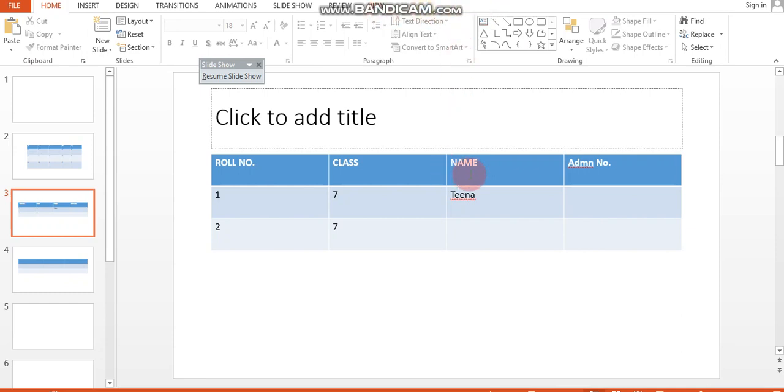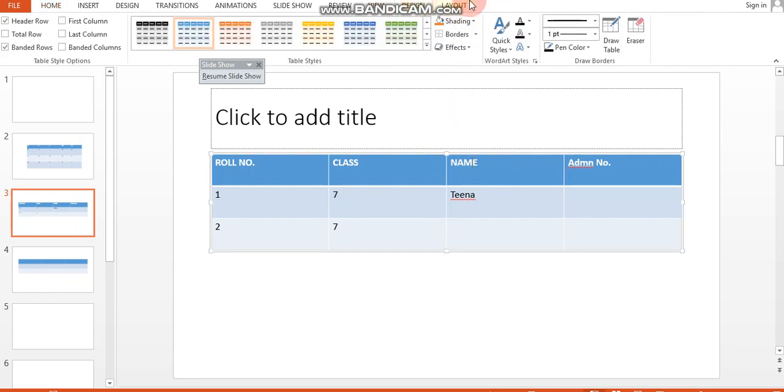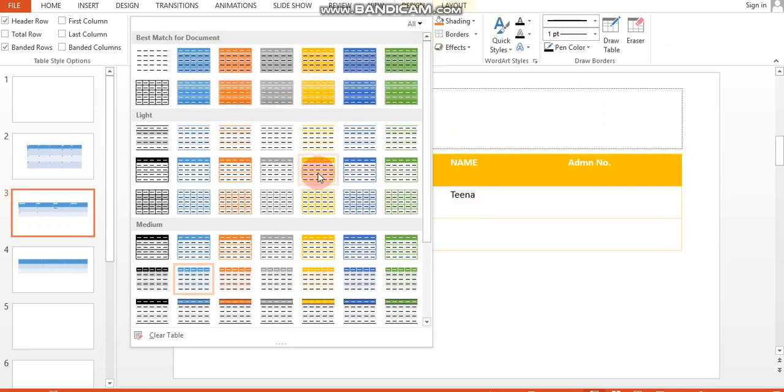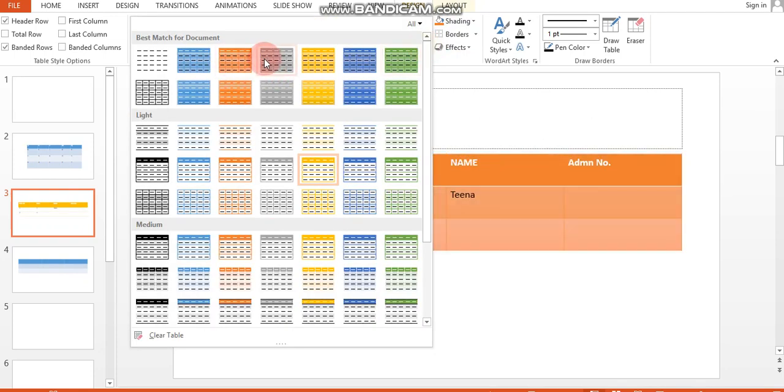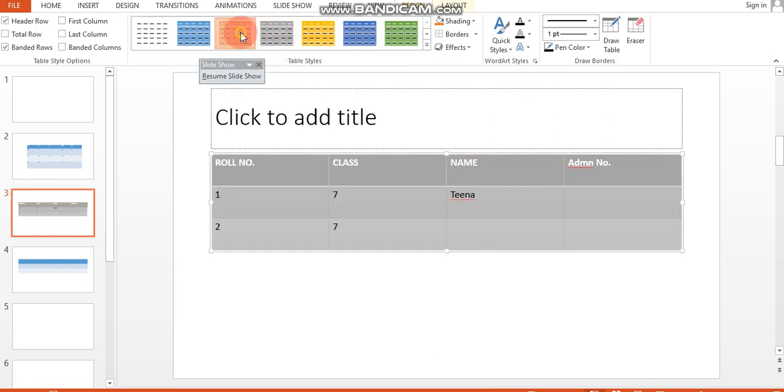So whenever you click your table, these two tabs are for table formatting. When you need some designs, you can choose here like this, or like this, or this way you can change the design. The rest of the options we will do in the next video. So I hope you have understood well till here. Do practice and understand.